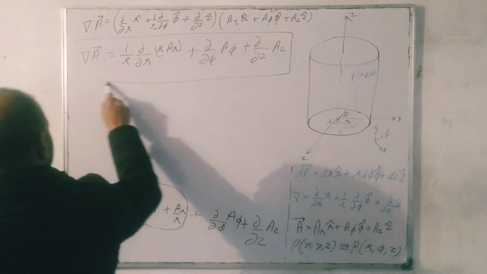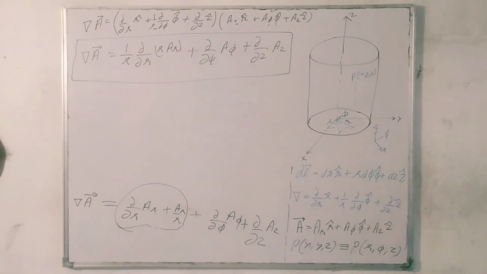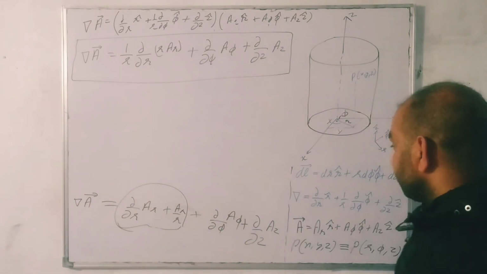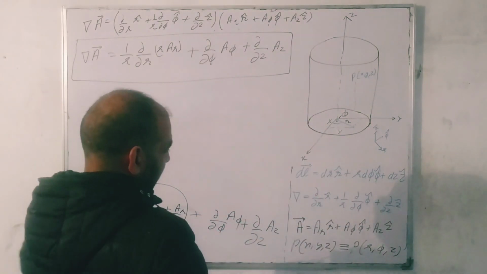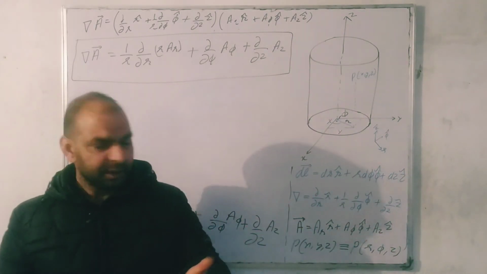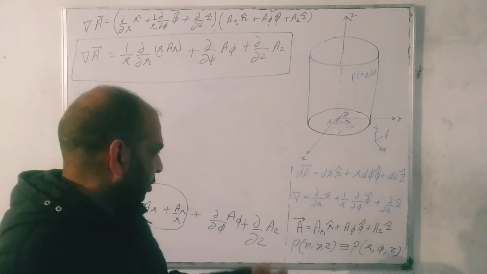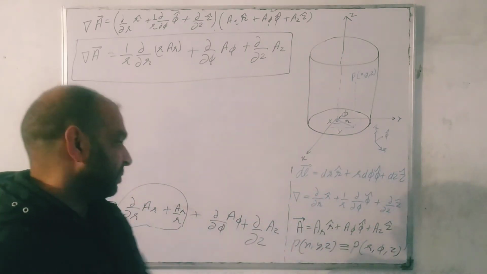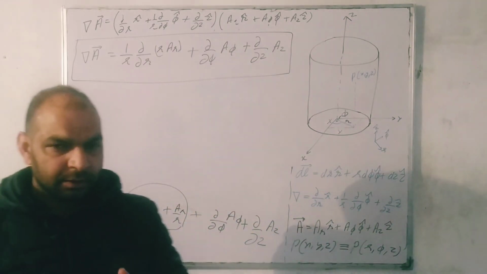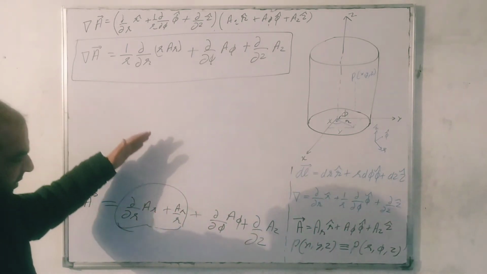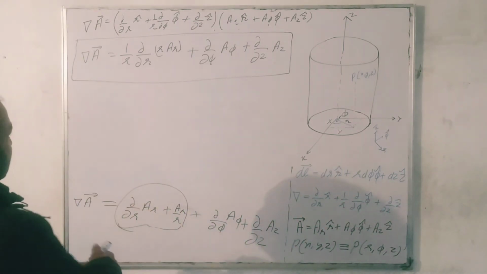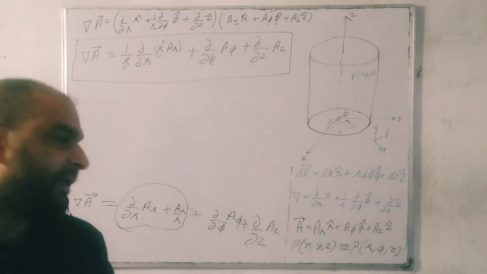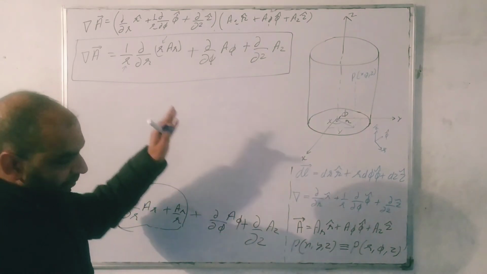So this is the divergence in the cylindrical coordinate system. Why was I deriving it? Because you can see in the gradient, gradient is quite easy. You will just take the derivative with respect to the corresponding variables. So these are the corresponding variables. This I have already explained in the previous video. But divergence was going to be a little bit complicated. So I was deriving this formula, and you were thinking about how this term was appearing here. That's why I derived this formula.